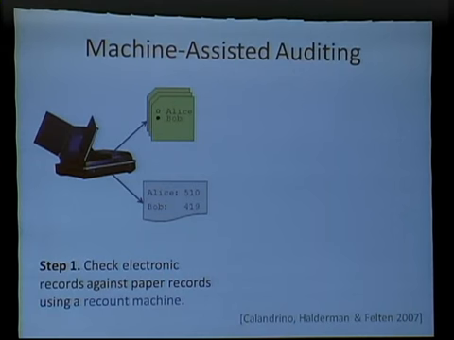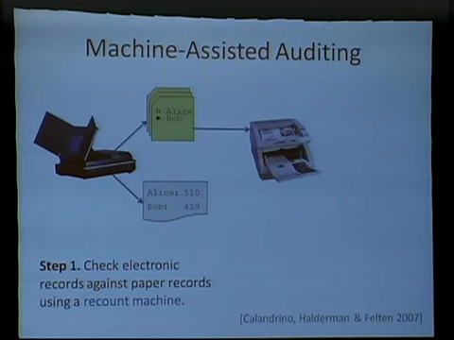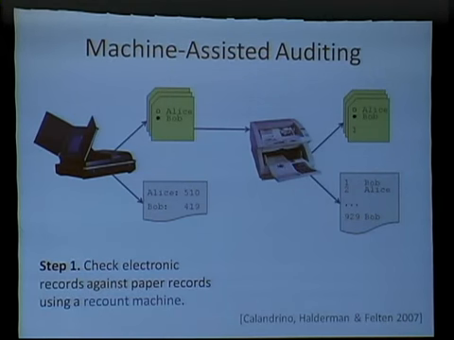So our recount machine looks like a high-speed scanner combined with a printer. You can actually buy things on the market for a few $1,000s that look just like this. And we feed the paper ballots into the recount machine, and it does two things. It scans each ballot and produces an electronic record of its contents, and it prints a serial number on that ballot and saves the serial number along with the record of the vote.